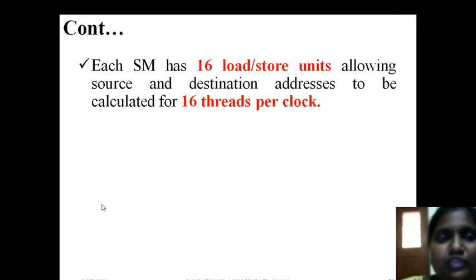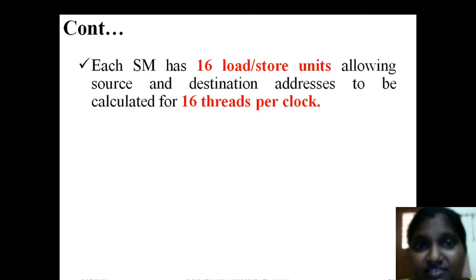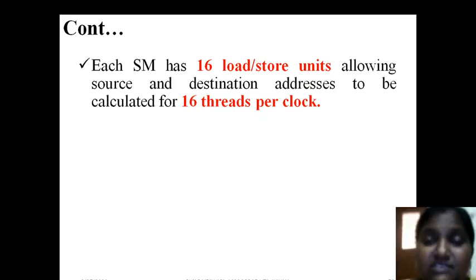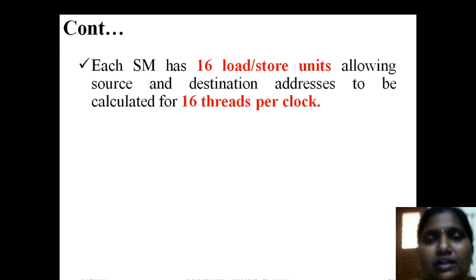Next, each SM has 16 load store units. That means in parallel we can store 16 instructions at a time and load 16 operations at a time. It's very useful. If you have only one load and store register, we would be in a pipeline. We have to wait for the next instruction, even though we have 32 cores. So in order to balance this,